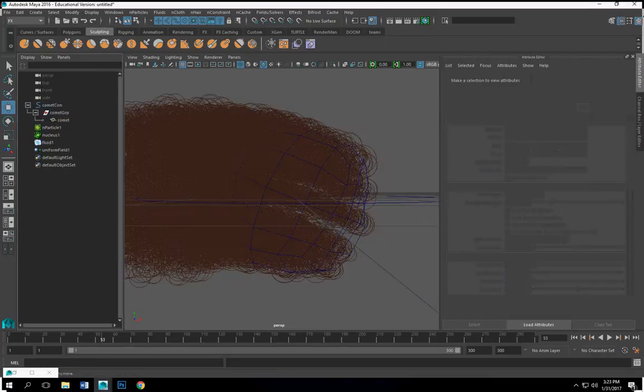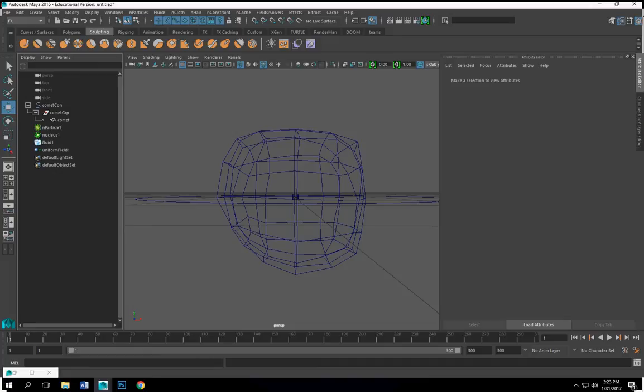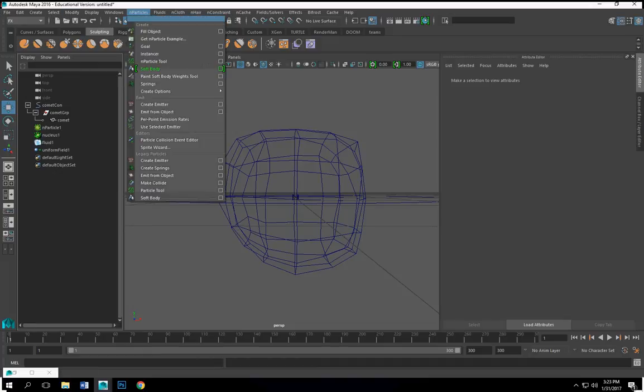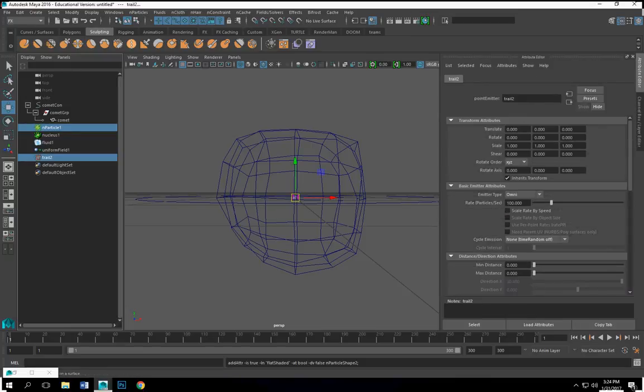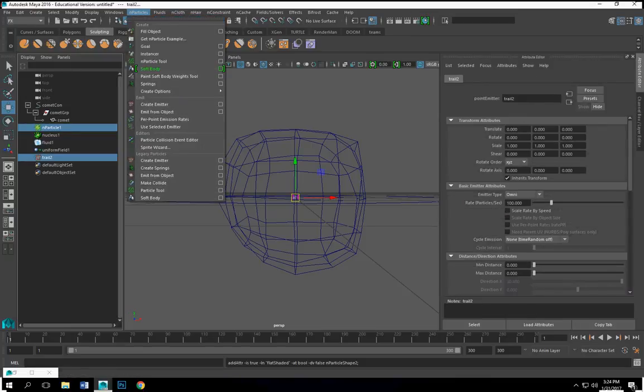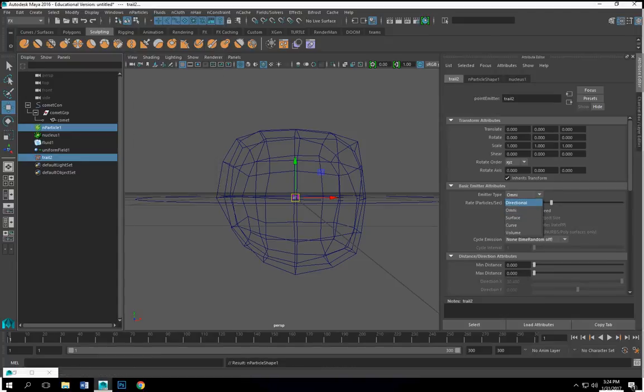I thought I lost my mind for a second. So we can go back here. Once again, we go to M particles, create emitter. We can delete the new particles it creates with it, select our old ones, select the new one, and we go to M particles, use selected emitter, turn that back into a directional,